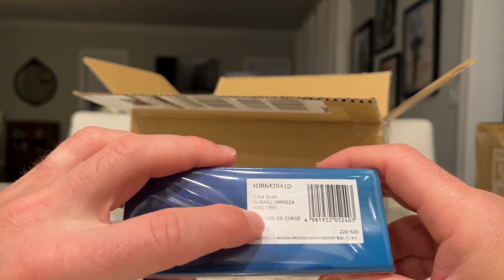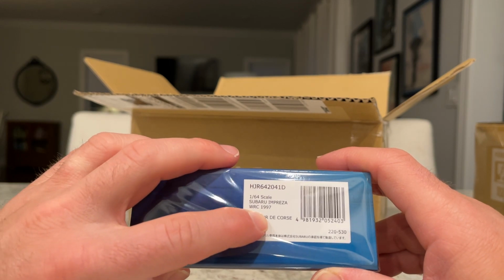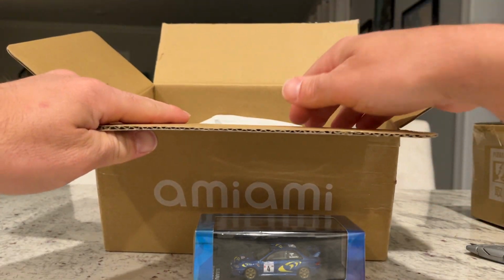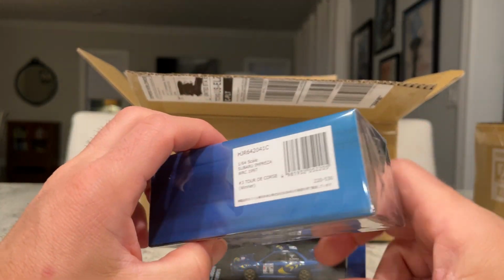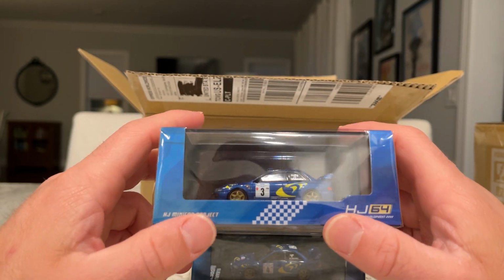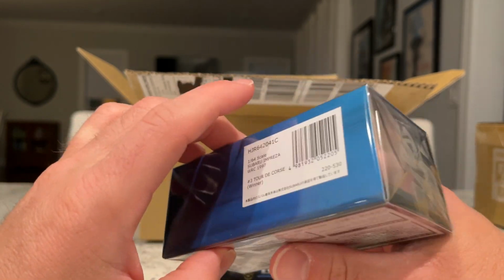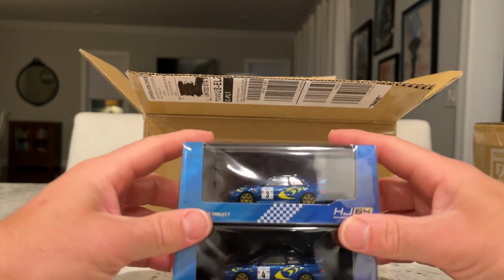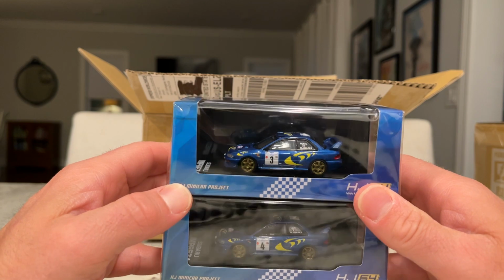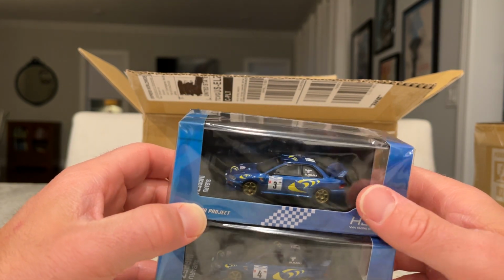Let's see if it says. So this is the number 4 Tour de Course and from '97. So, all right, like it, great color. There was three being released, and I actually missed one of them. I can't remember which one I missed, but this is the number 3 car, so this is the winning car. So same rally, 1997, and really the only difference between the two is the number. They both have roof vents, and obviously the name. This is Colin McRae's car,